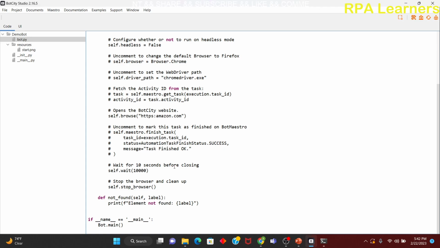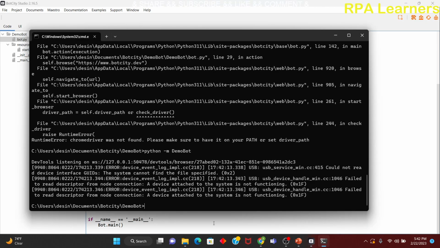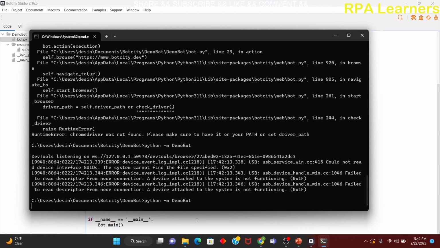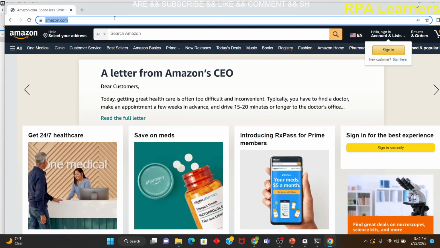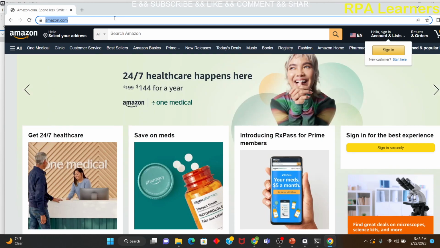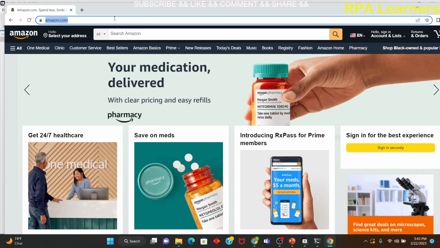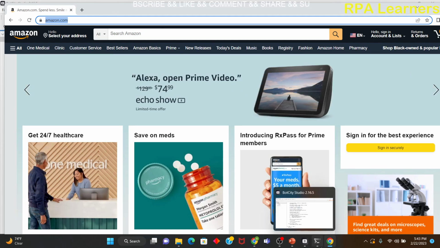Save this here and it will wait for 10 seconds, then it will close the browser. And now let's go to the command prompt and let's execute this again. And if you see here, it is opening amazon.com and it will wait for 10 seconds and then it will close the browser. So this is how you create a web bot in BotCity using Python,